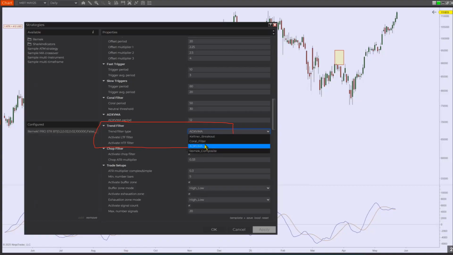But the point is that you do have a choice. And if you choose the composite, which is one of my favorites, actually is my own design. The whole concept is my own design. This is a proprietary definition of the trend. You're most welcome to use this, or you can use our version of the ADX VMA,